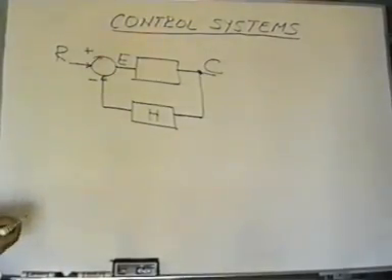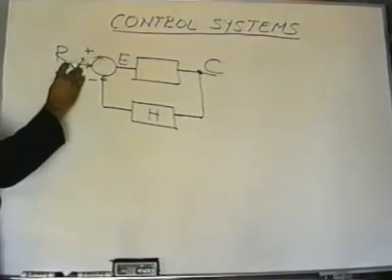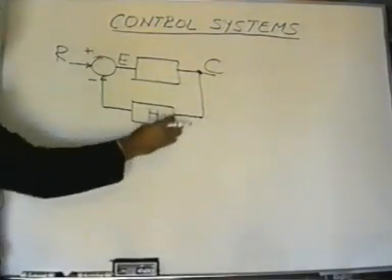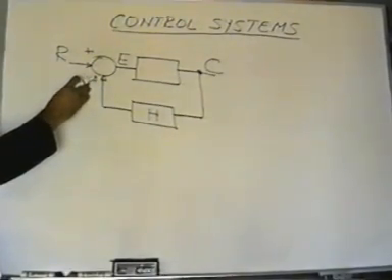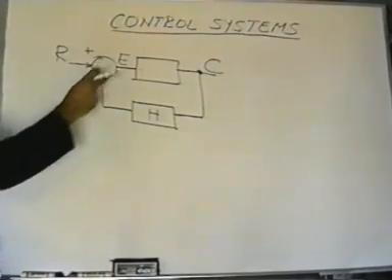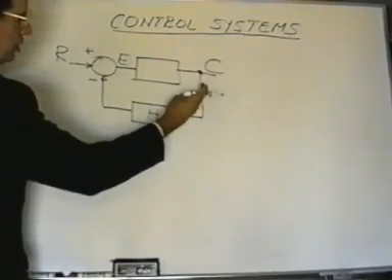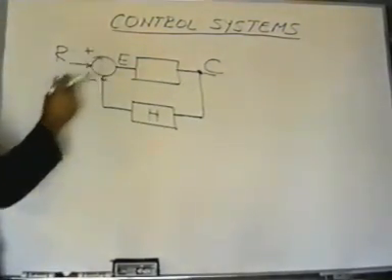This is very similar to what you have in a thermostat where you set the room temperature, say, to be 70 degrees, but it's only measured to be 68 degrees, and so the 2-degree difference is the error, and that will cause something to happen which will cause C to adjust itself so that eventually this device tries to null